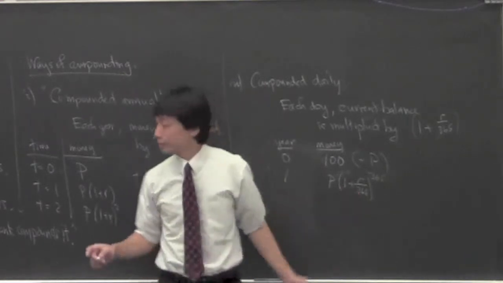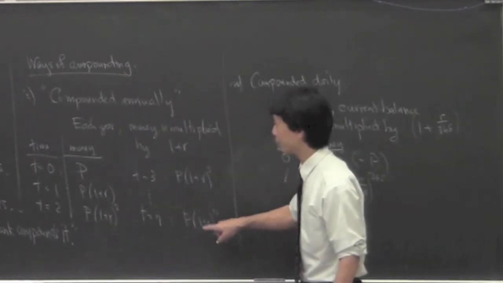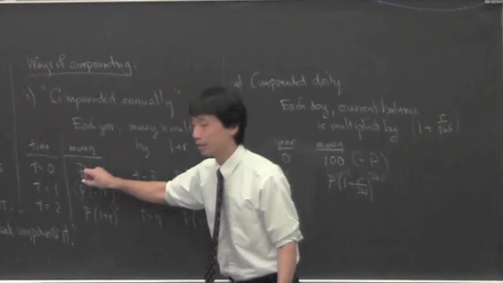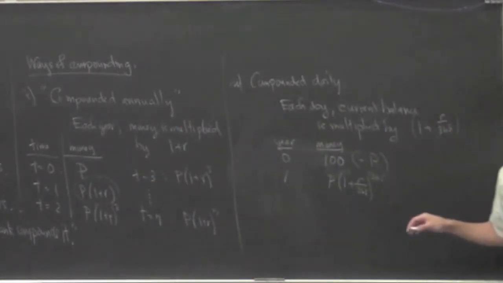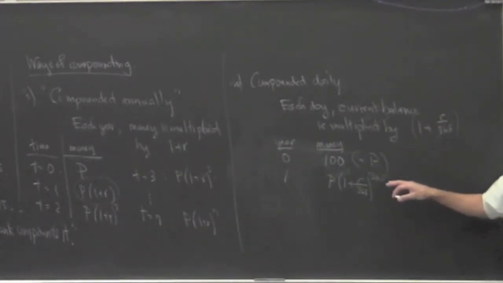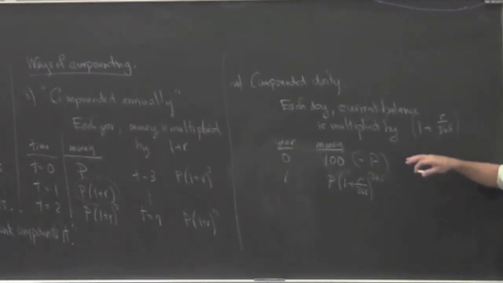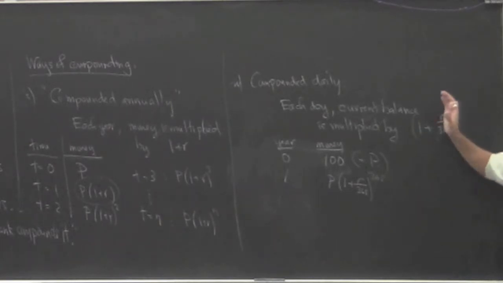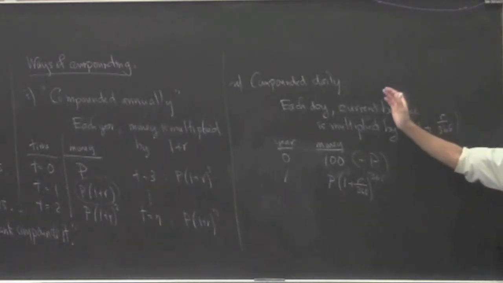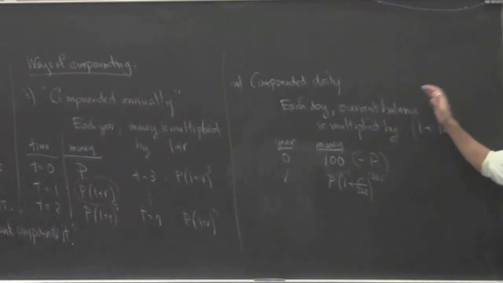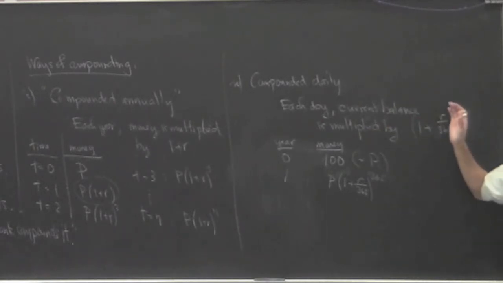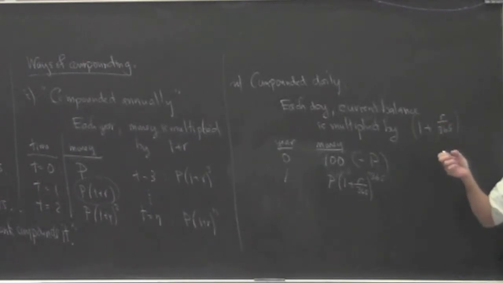Okay, which is actually not the same thing as 1 plus R. It actually turns out to be a little bit bigger. Okay, so if the interest rate is R%, and somebody says, I'll compound once per year, and then this other bank says, I'm going to give you the rate, but I'm going to compound daily, actually the daily will give you a slightly bigger number.